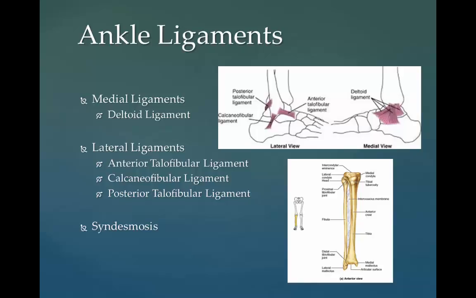Though it does not span across the ankle joint itself, the syndesmotic ligament also makes an important contribution to the stability of the ankle. This ligament spans the syndesmosis, which is the term for the articulation between the medial aspect of the distal fibula and the lateral aspect of the distal tibia. An isolated injury to this ligament is often called a high ankle sprain.